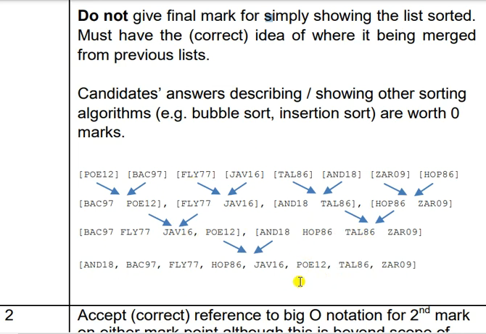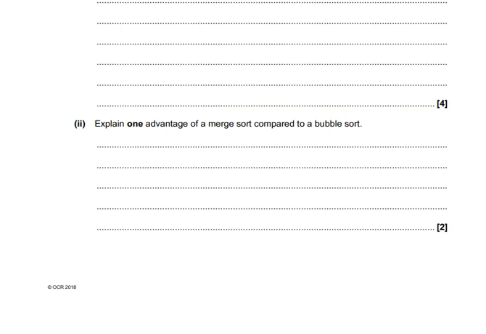So this diagram, if you draw it, you will get full marks for this particular question. There is 1 mark for each of these lines, and you have to label these arrows to indicate that they are being combined in the answer. Then in the last part of the question, they are asking us to describe one advantage of merge sort over bubble sort. The reason is that bubble sort